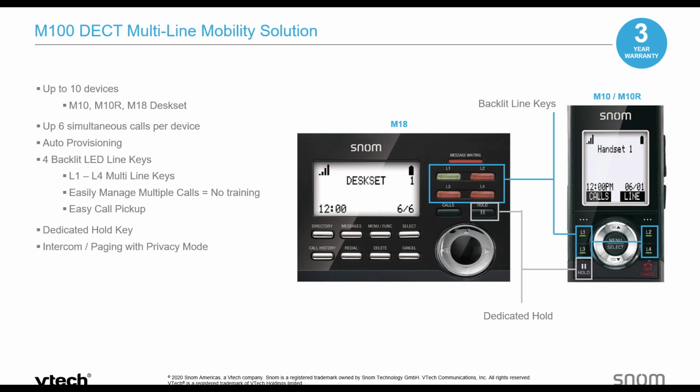Or if you're doing a transfer process, you kind of know, okay, I have this call in line 3 that I need to talk to, and then I need to transfer them externally or transfer them to an internal party. So just a much easier way of managing those calls, because you actually get the line representation like you would typically get on a traditional SIP desk set. And of course, as you can see, we're offering the same thing even on a cordless handset. So on the cordless handset, you get those same 4 keys and the same backlight to help you with that. So there's a lot less training if you're trying to manage those multiple calls. You don't have to flip through the display or anything like that. And then if we flip to the next one,